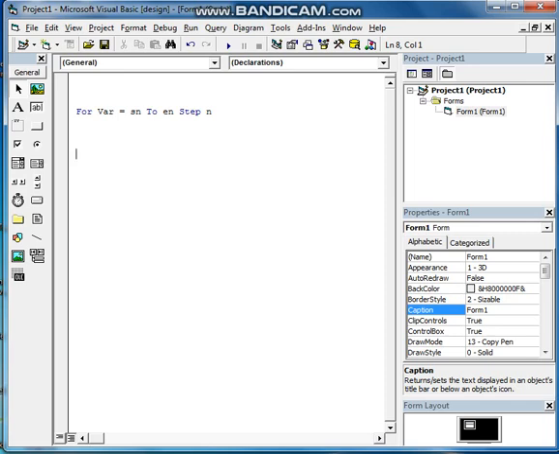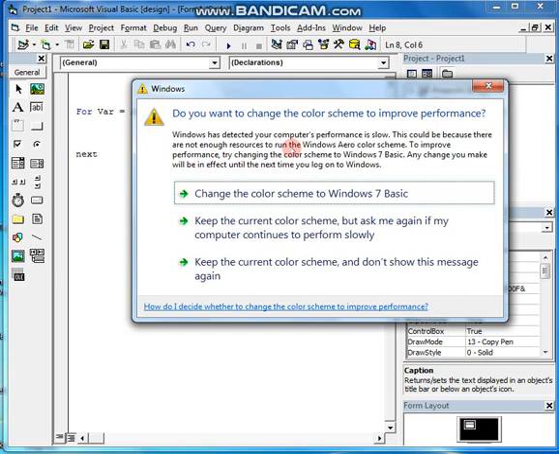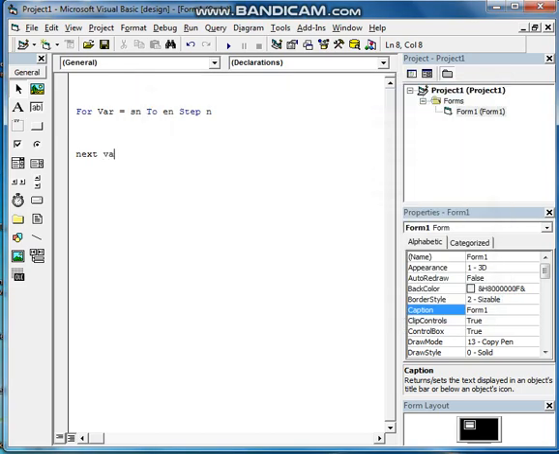In for loop, the for loop used to end with the keyword Next variable, the variable we declared here, that we need to write in this case. Fine. And in between we have to specify the statements which we want to execute, or what the question is given to us in for loop.